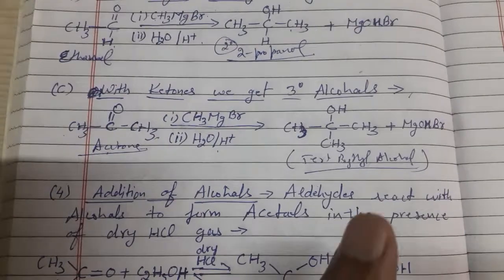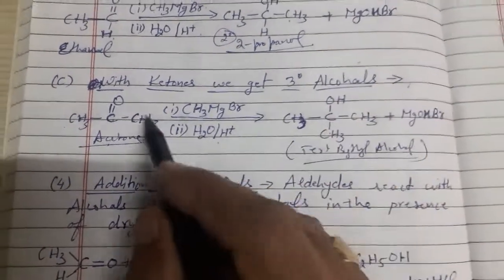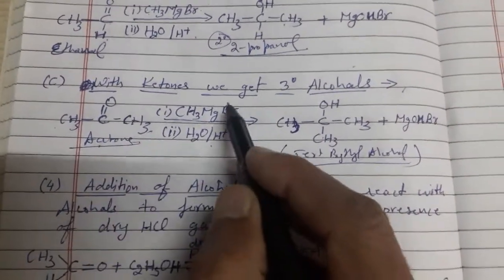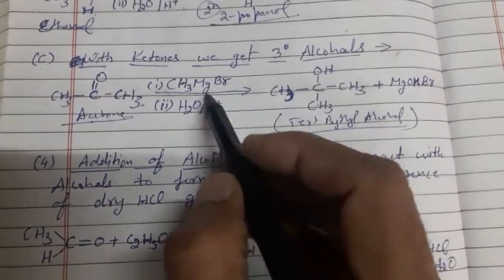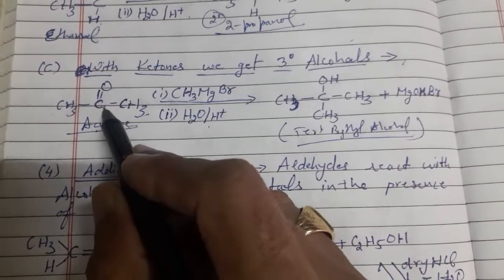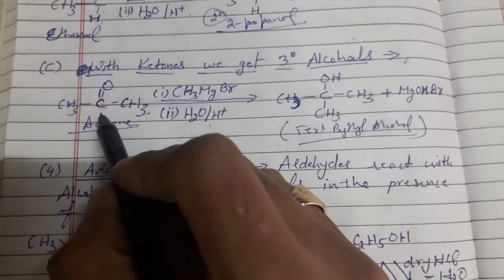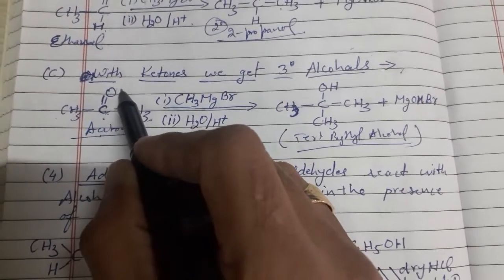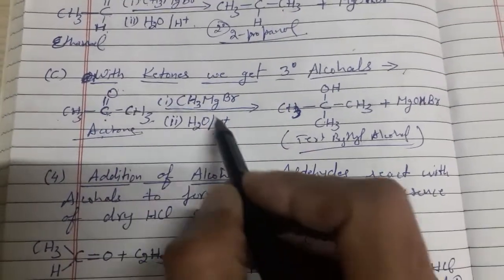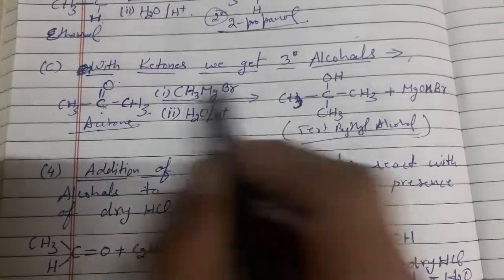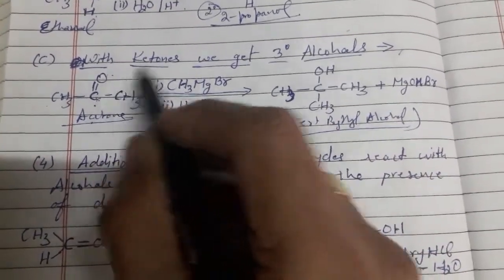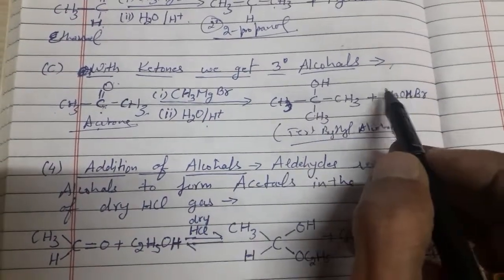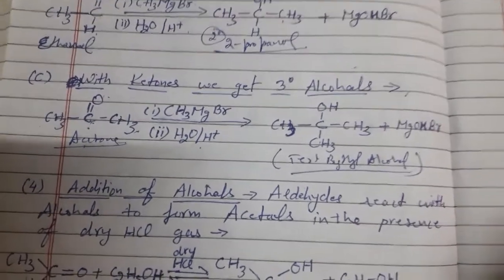So simply, what formula do you have to understand in this? For any aldehyde or ketone, if we carry out RMgX hydrolysis, you just have to join R with the carbonyl carbon, and H with the O of the carbonyl group. Whatever alcohol you get will be your final product.